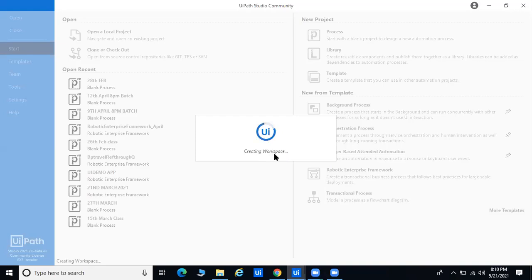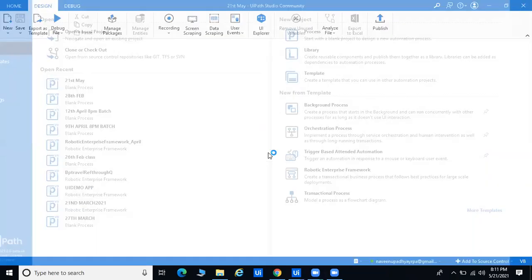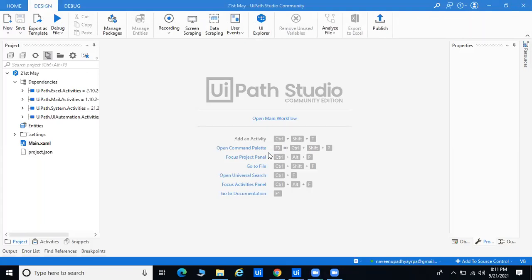Creating the workspace. Okay. So workspace is nothing but your process, your sub process, and adding the dependency. So it will create all things, and by default it will provide for your development part. Okay. So this is called add dependency. And if you ask me what is the installation time, if you know how to install UiPath, it will not take more than 10 to 15 minutes. First thing. And second thing, whenever you're going to create any project, it will take only 1 to 2 minutes. In front of you I have done that part. Okay. So it depends on your system.